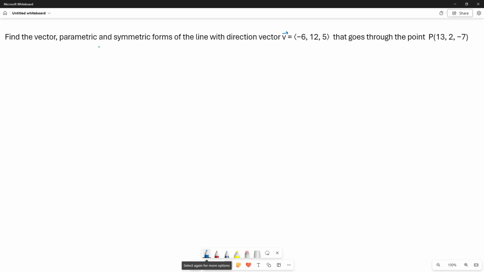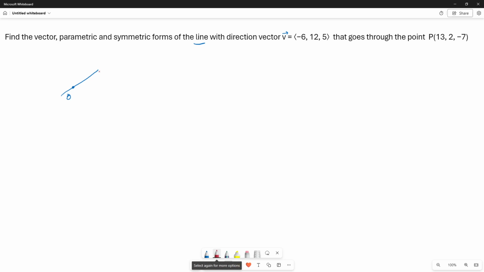Find the vector, parametric, and symmetric forms of the line with direction vector v equals <-6, 12, 5> that goes through the point P(13, 2, -7). So first, if we have a line through the origin,